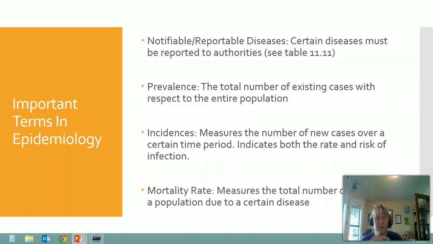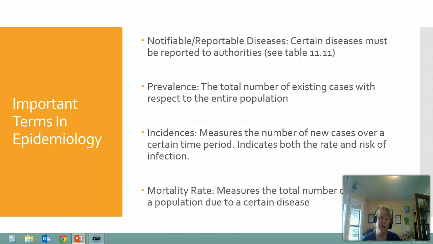However, there are some states that require different reportable diseases. There may be more. So if there's, for instance, a really big occurrence of some kind of disease in a state, they may make that one reportable so they can track it. Now, these reportable diseases tend to either be very devastating diseases or they're easily spread, and that helps set them up on these lists. But there's a variety of factors that can go into making these diseases reportable or notifiable.